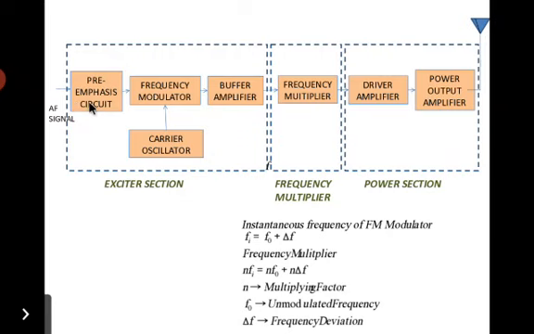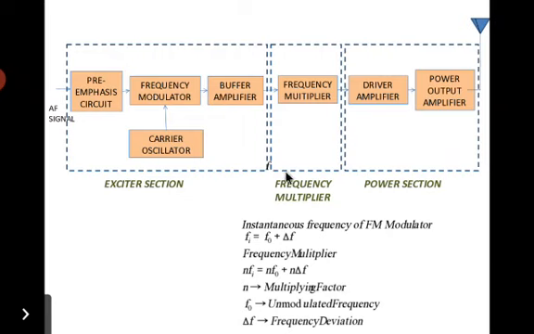Now, a modulator acts to change the carrier oscillator frequency by the application of the message signal. The modulator circuit used here uses a parameter variation method or a direct method. A buffer amplifier acts as a constant high impedance load on the modulator, and a buffer amplifier may have a small gain.